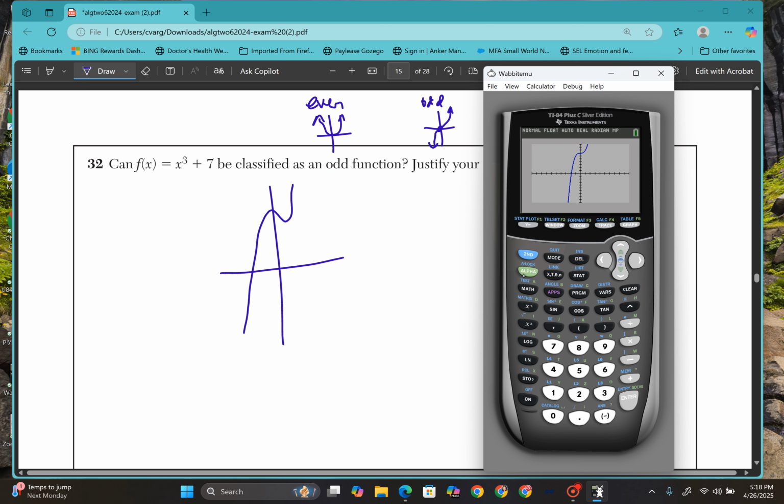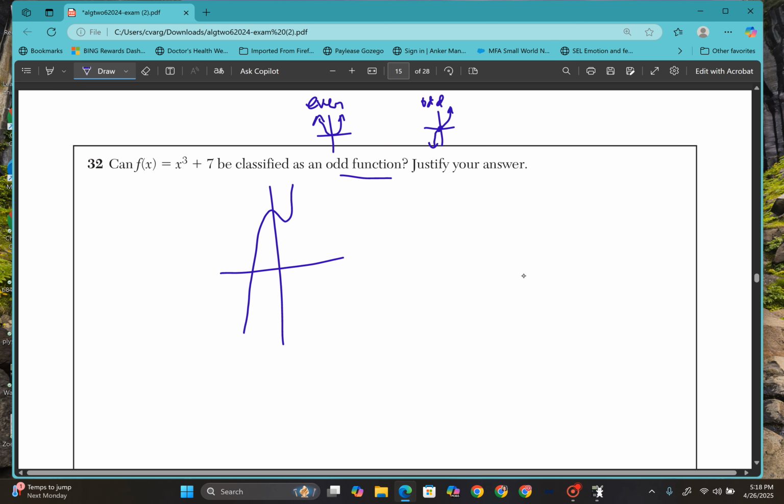Not terrible. Okay. So we could say, can it be classified as an odd function? And it says justify. So no, right? Because